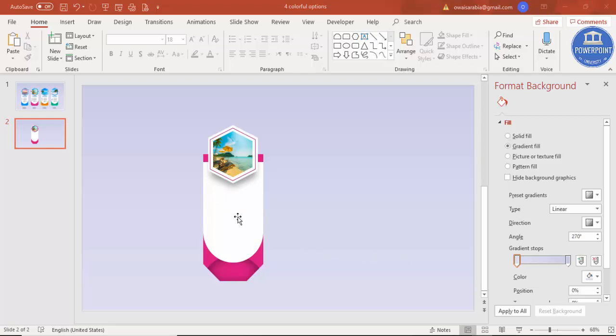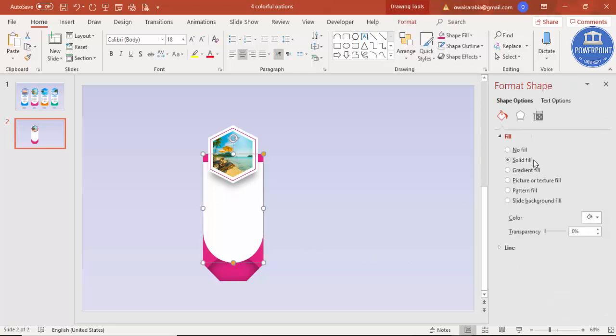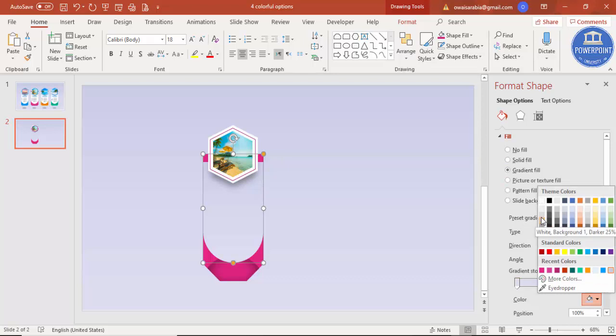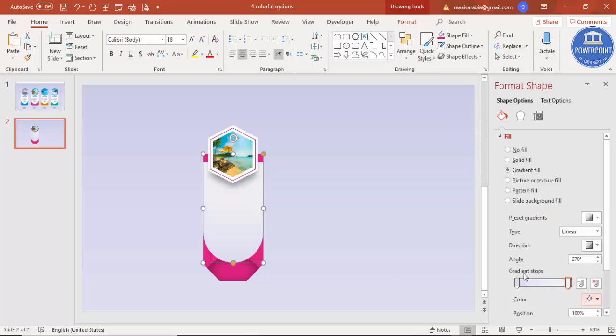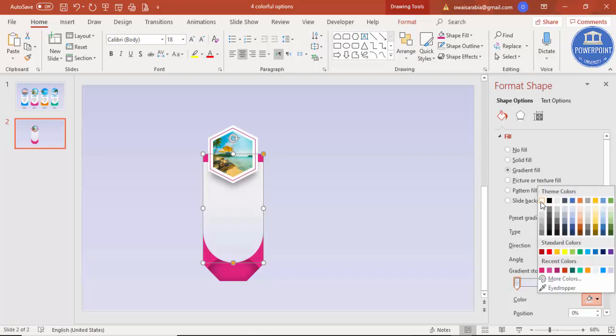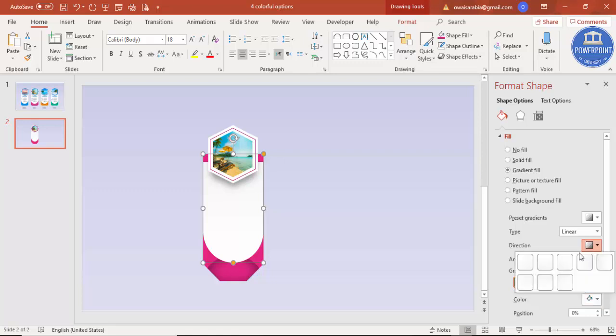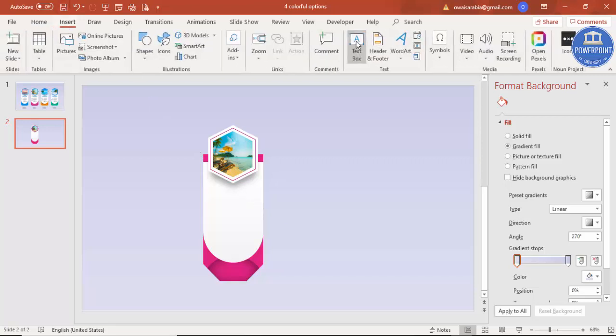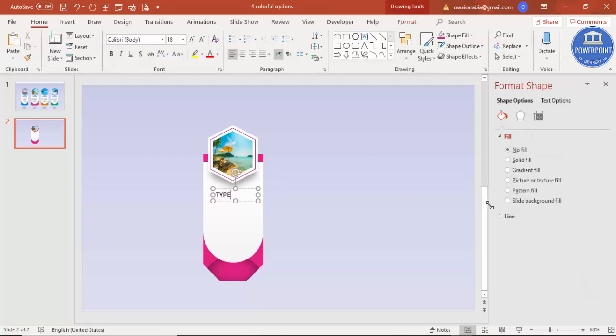So before adding the text, let me just give a light gradient color to this. Select this color, so the gradient fill, and here I'm just going to give some light gray color, and here I'm just going to give some white color. So you can see here the direction, you can select this one, so it's a light gray and a white color on top. Then go to insert text box and give your type or your title here. I'll just say your text here,